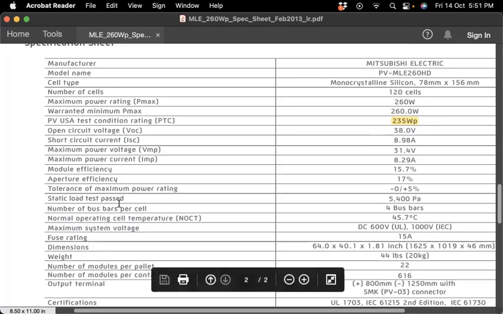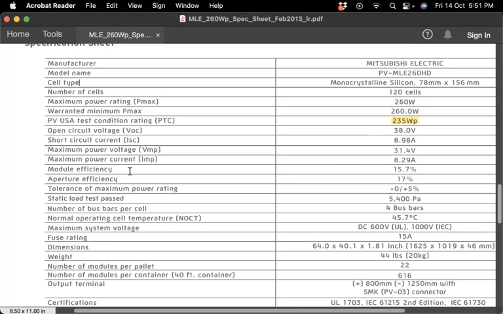Okay, then we have what's called an aperture efficiency. This aperture efficiency is not generally used, but let me try to demonstrate the difference between the efficiency and the aperture efficiency. If you remember the equation of the efficiency, I will try to use a pen somehow. So, if you remember, the equation of the efficiency is power output over power input. And in the input power, which is in the denominator, we